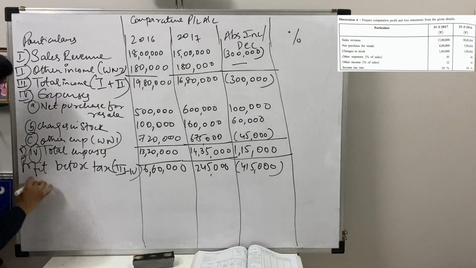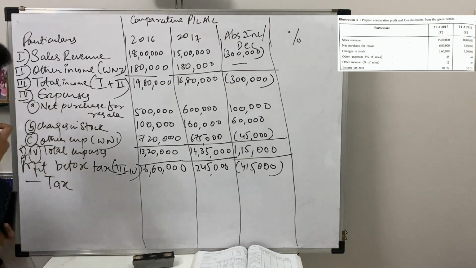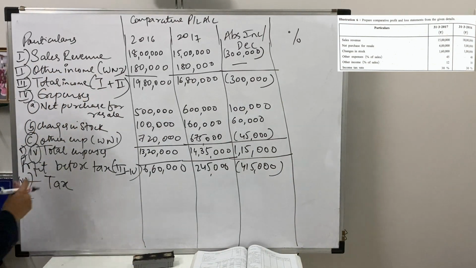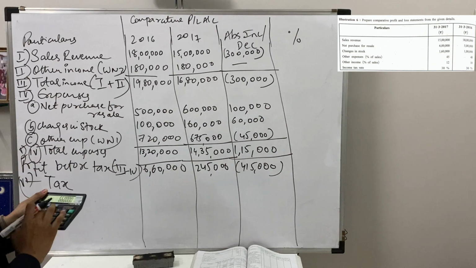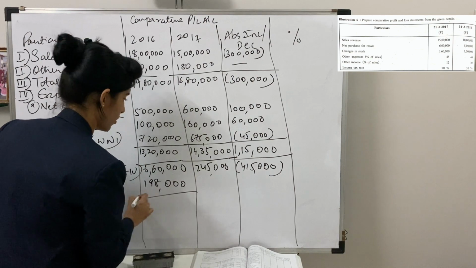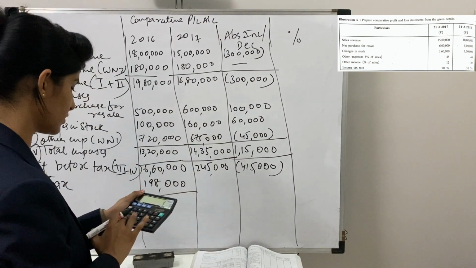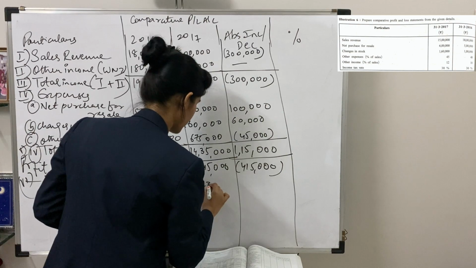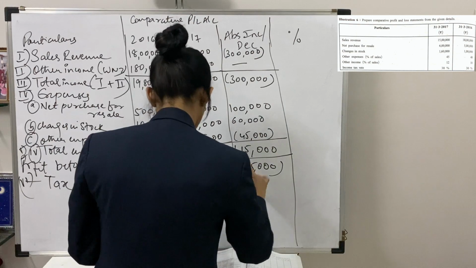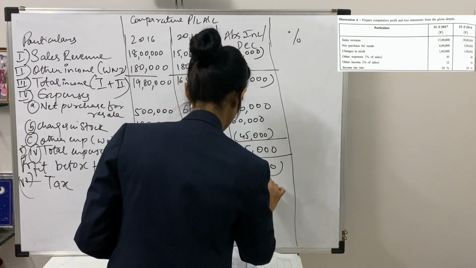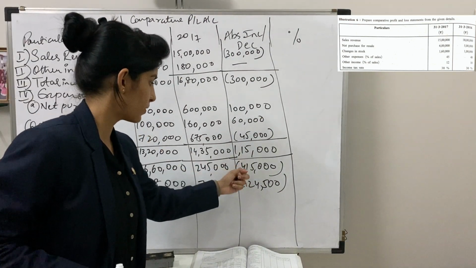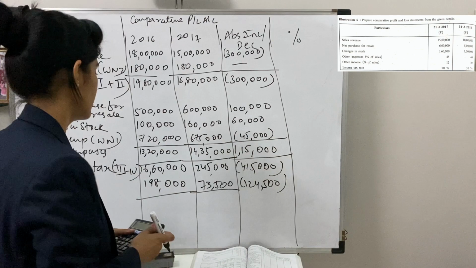We'll complete this part. The tax rate given in the question is 30% and 30%. So this is your sixth part. Tax on 6,60,000 at 30% is 1,98,000. Over here 2,45,000 at 30% will be 73,500. And the same way we can find out the difference also, 1,24,500. Again this figure is in the negative. Minus minus will get it here, minus plus minus.